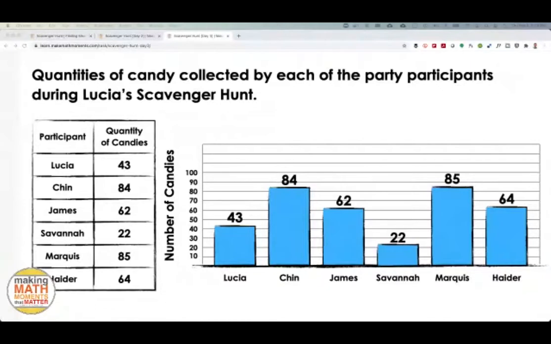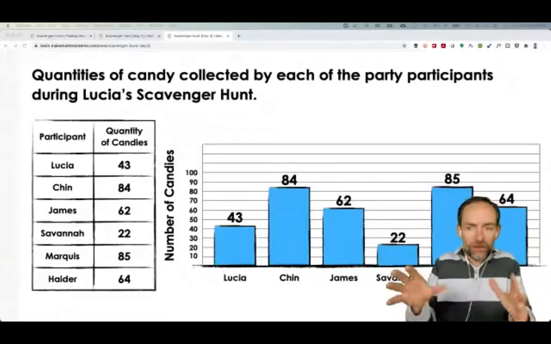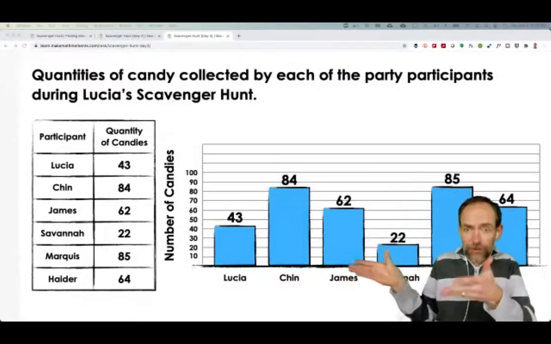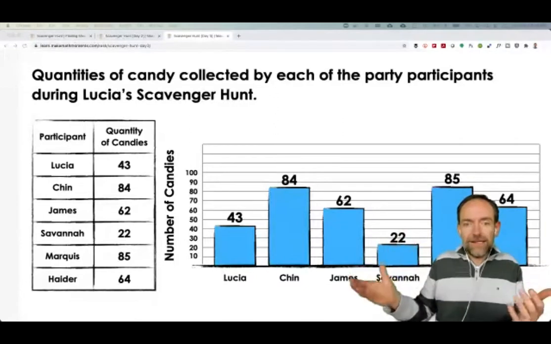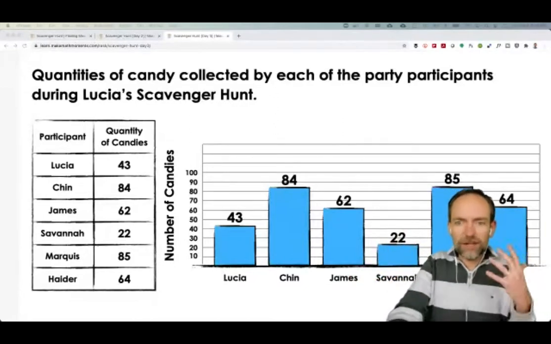All right. I'm wondering, my friends, do we have any brave souls who are willing to share their thinking here? What are we trying to get at here? And students wouldn't know this is happening. You have to keep in mind, they're not going to know the name. They're not going to know what this is that we're asking them to do, but they're going to do it. Every student would do what we're asking. We're like, listen, here's all the candy. Everybody's got to have the same amount. What are we asking you to do? And I'm curious if anyone's brave, if they want to share some of their thinking here.